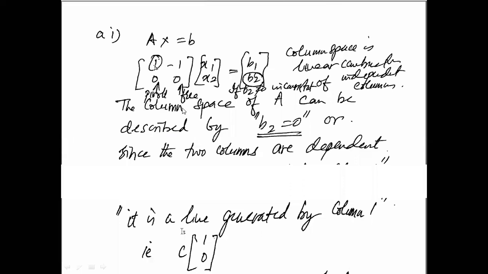Okay? So now from this equation, you have Ax equal to b. This will be found as x1 minus x2 equal to b1, and 0x1 plus 0x2 equal to b2. Right? So 0x1 plus 0x2 equal to b2 does not make any sense, so we'll leave that row. However, we have 1 into x1 minus 1 into x2 equal to b1.